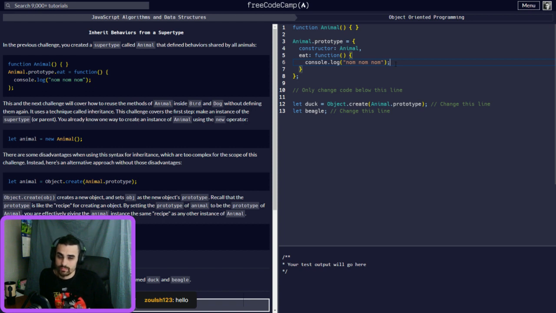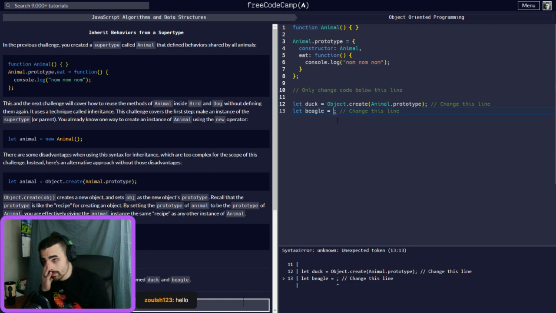Okay, I guess this is the best way to define it because all animals eat, and we want to print the same thing for all of them, so that would make sense. So bad example. I guess this is the best example you can get. So you want pretty much all the prototypes from here to be created from here for the duck and beagle variables.